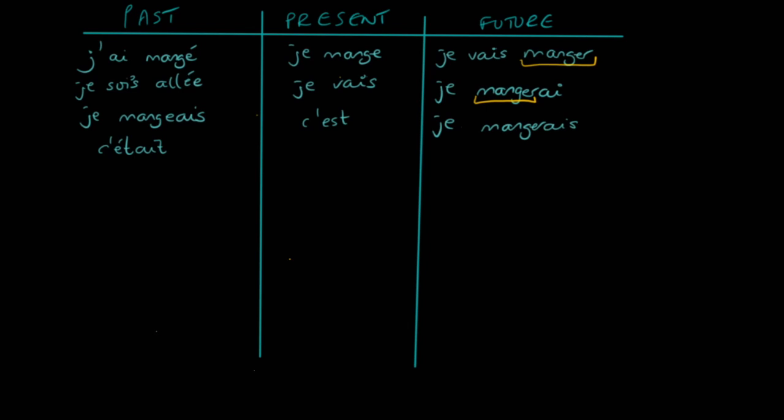I know it's very similar to the future. Obviously a slight spelling change. Remember, these endings for future are the same as the imperfect endings. But pronunciation-wise, it's je mangerai, I will eat, je mangerais, I would eat. Okay, and then again, our infinitive in there. So they're there in terms of just a quick recap of how we form them. Okay, and obviously you will need to be able to form them in different people, not just the I form